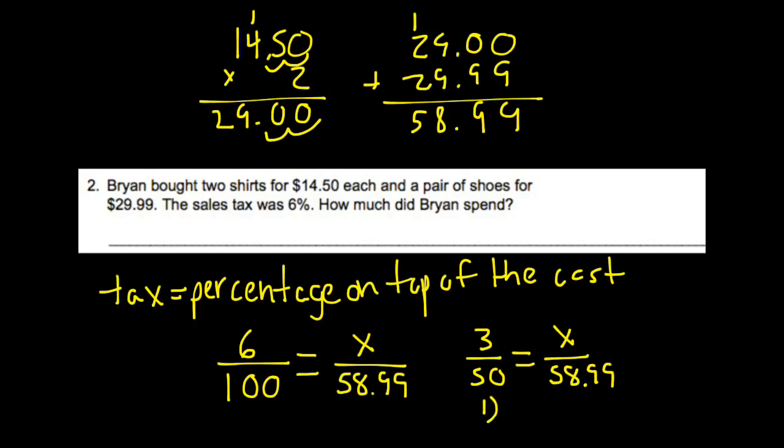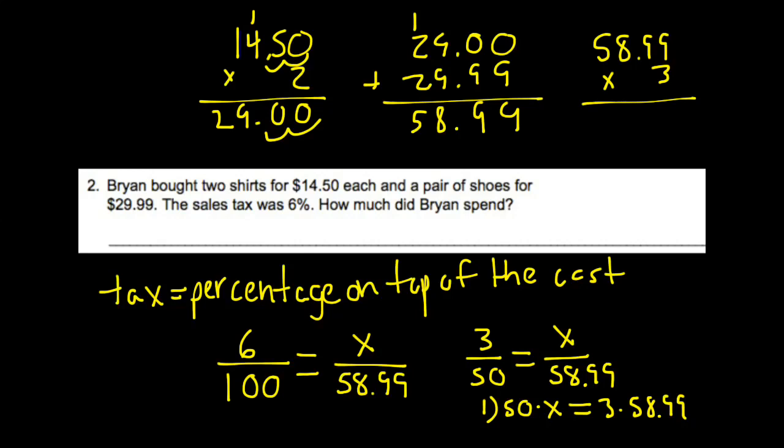So now I'm going to have to go ahead and solve. Step 1, I cross multiply. It's 50 times x equals 3 times $58.99. I'm going to do $58.99 times 3 up here. 3 times 9 is 27. 3 times 9 again is 27, plus 2 is 29. 3 times 8 is 24, plus 2 is 26. 3 times 5 is 15, plus 2 is 17. I need to move my decimal 2 times, 1, 2. So my answer is